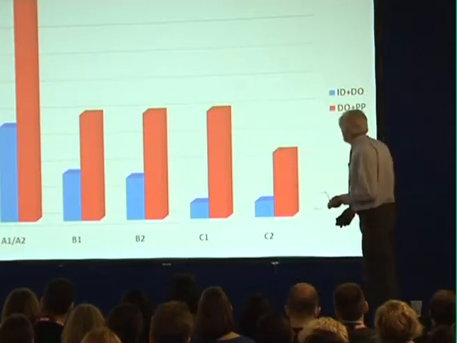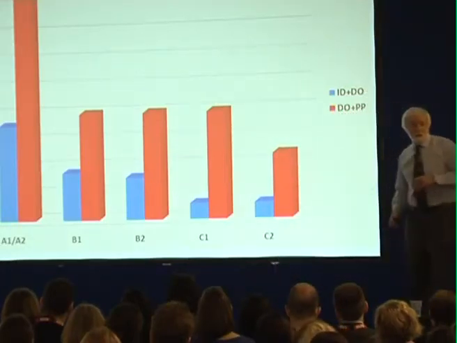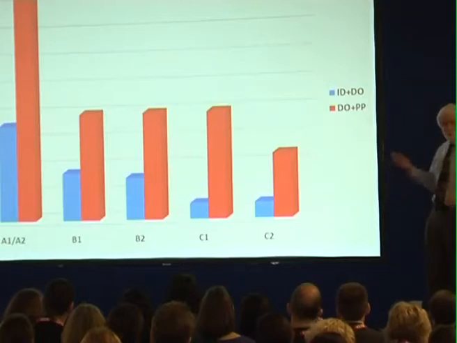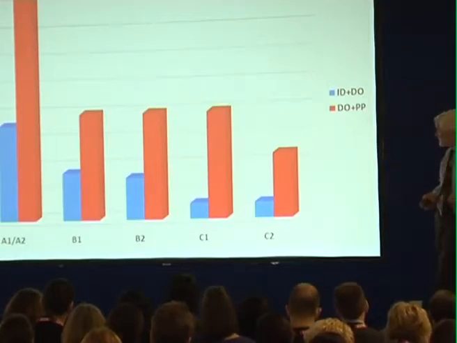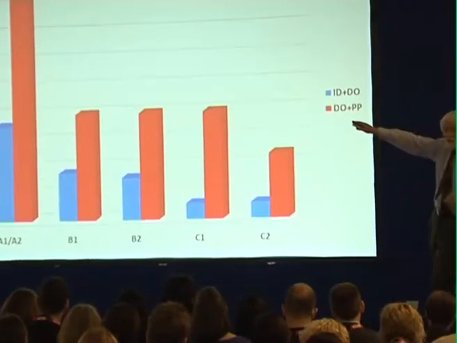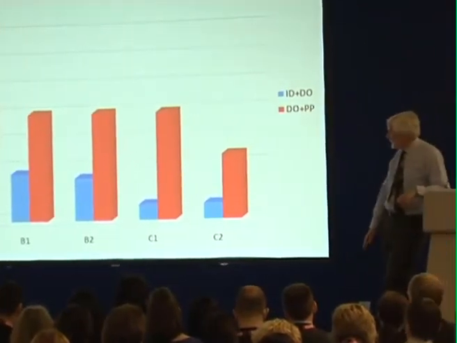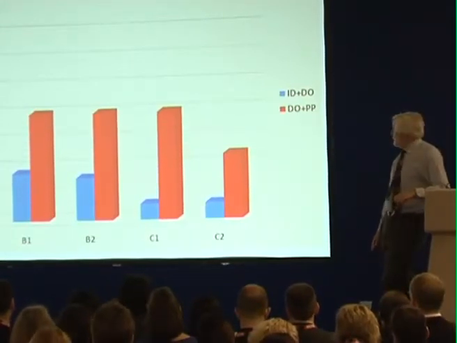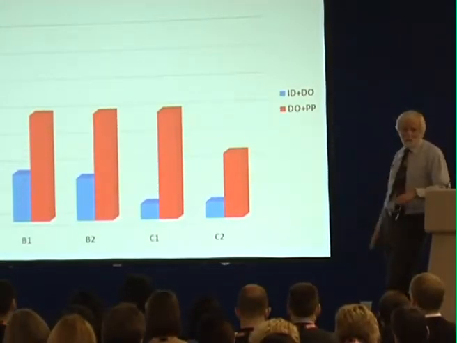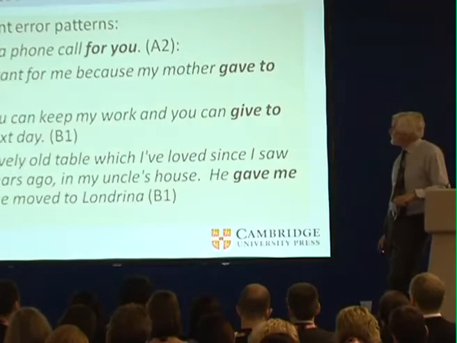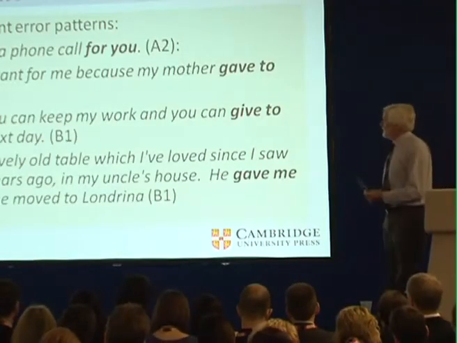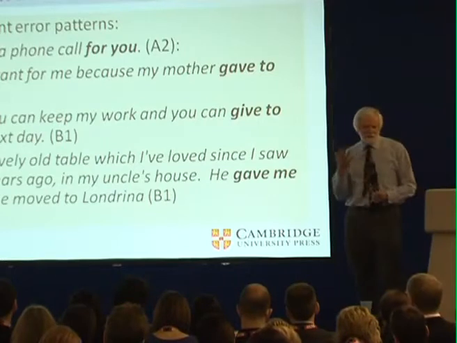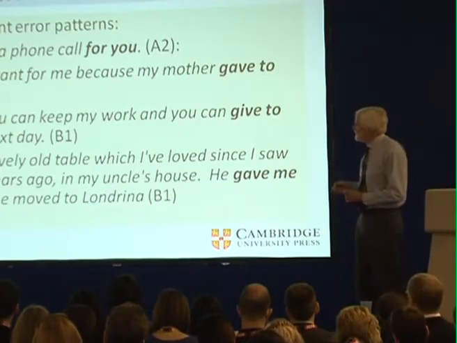Prepositional phrase structure and the verb give. And these errors seem to persist quite considerably all the way through the levels. And there's even a plateau there in the middle at the B level and the beginning C level, where it seems they just can't get over these prepositional problems. Here are some examples with give. These are persistent error patterns that you find across the levels.